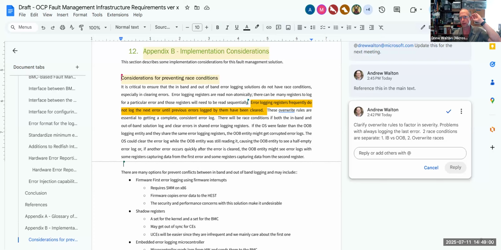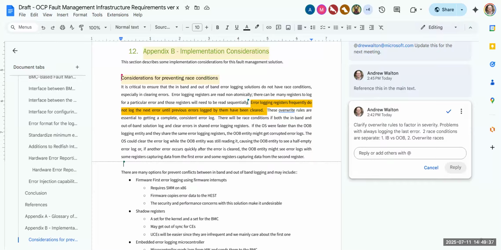Well, I was describing it earlier. Yeah. But Vilas, do you want me to do it or do you want to do it? No, I mean, if you keep the oldest error of the highest severity, then there is an unambiguous way for software to know that it got a consistent error. If you do not do that, then there is not an unambiguous way for software to know that it sees a full, clear, consistent error. Right, that's right. I would absolutely agree. I mean, the first error has to be logged.